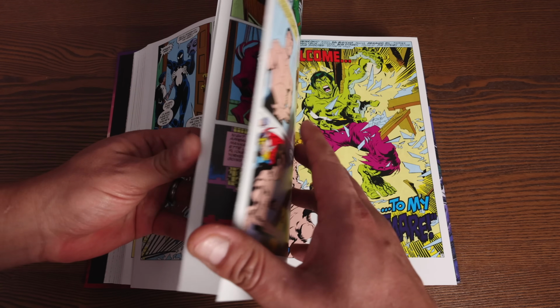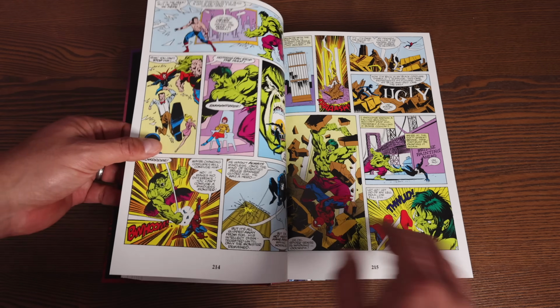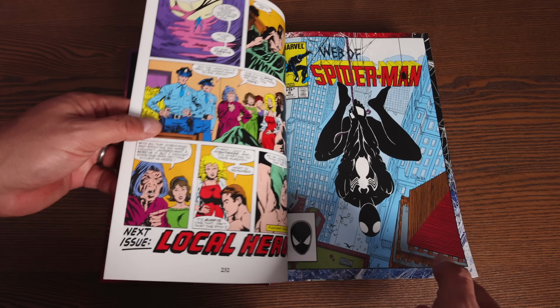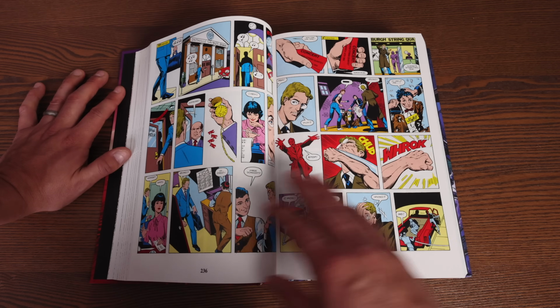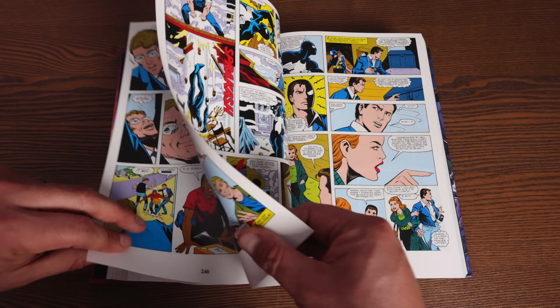And it is the annual. This is the Peter David story right here with our pal Sal doing the artwork. And it does feature Spider-Man fighting off against some nightmares. And this is the Charles Vess cover you saw for the standard edition cover, I believe. Oh man, this issue is...